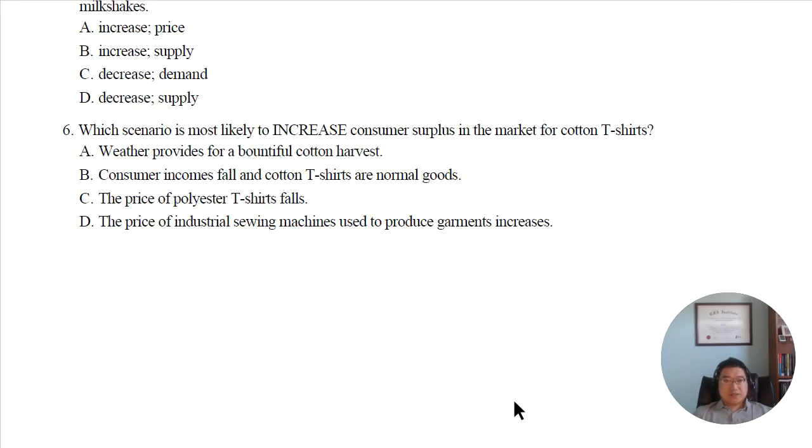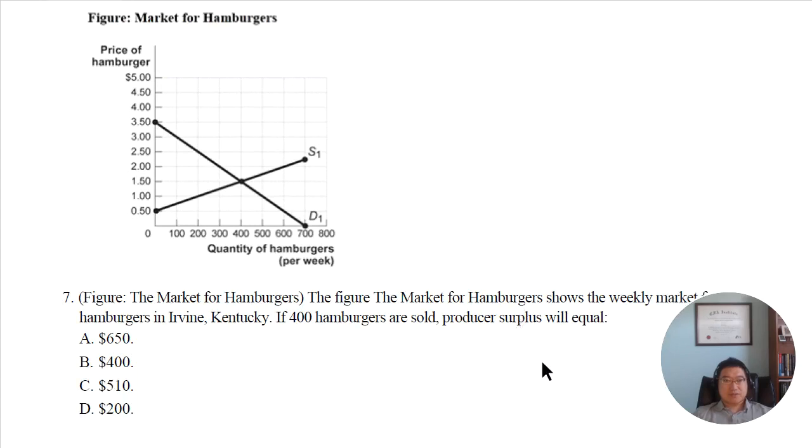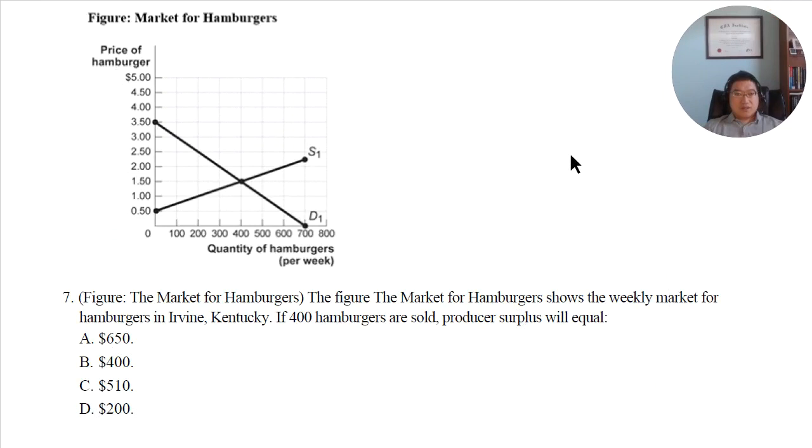Okay, go back to this homework. Let's look at question 7. In this figure, the market for hamburgers shows the weekly market for hamburgers in, again, I would like to ask you to pay attention to this weekly. Okay, that's a complete statement about demand and the supply. It's during a period of time. Anyway, in Irvine, Kentucky, I know Irvine, California, if 400 hamburgers are sold,